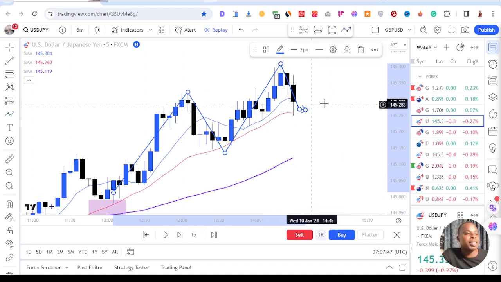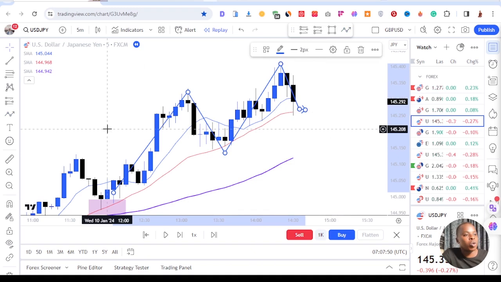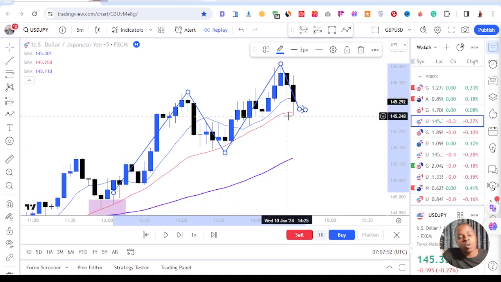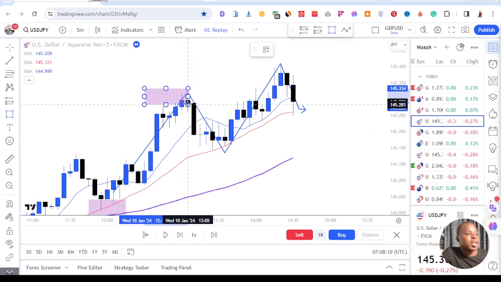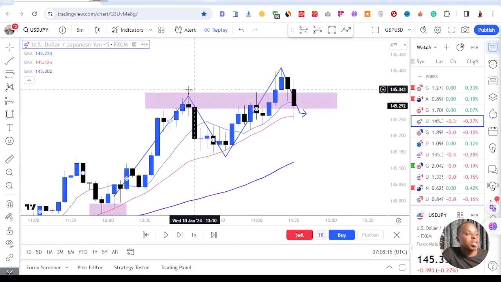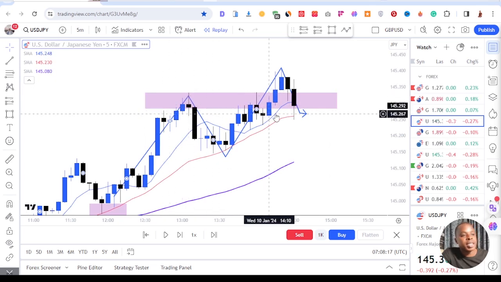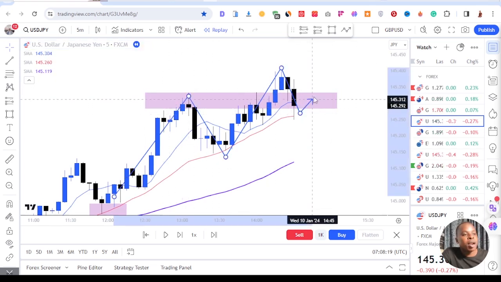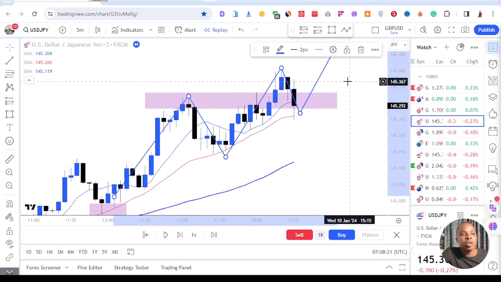So before I just place a trade right here, one thing that I also want to know is that, okay, it's on the 21 period moving average, and the market is moving to the upside because I see all these 3 moving averages facing to the upside. And then I also see that there is an area of value right here, which is this zone where the market has reacted to. So at this point, I'm allowed to think that the market is going to go to the upside,